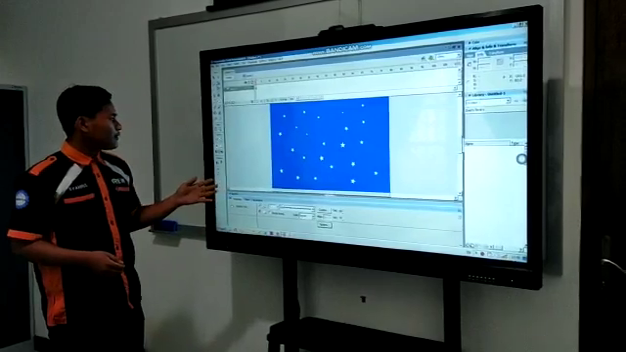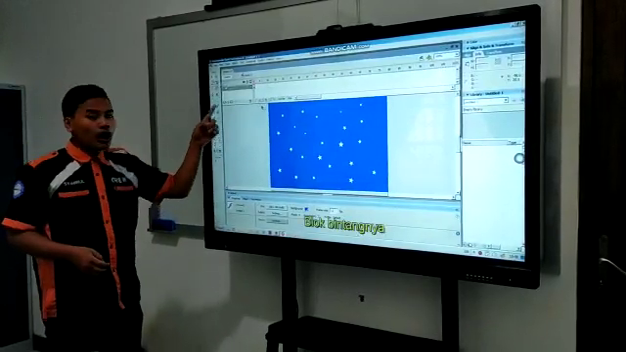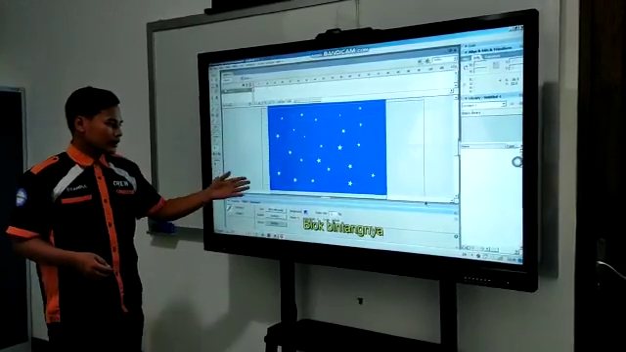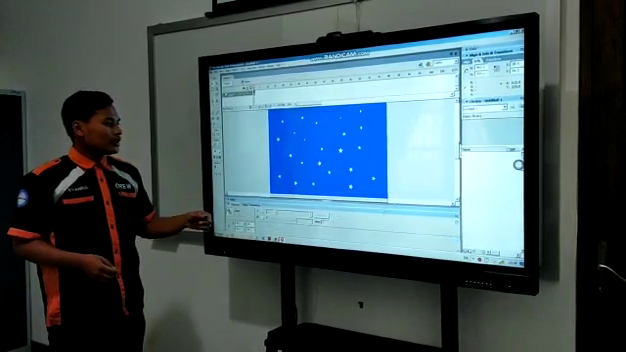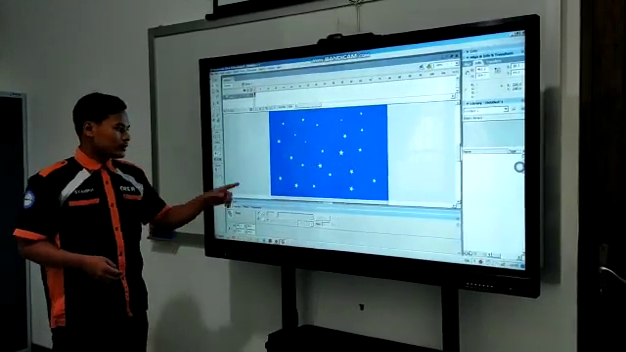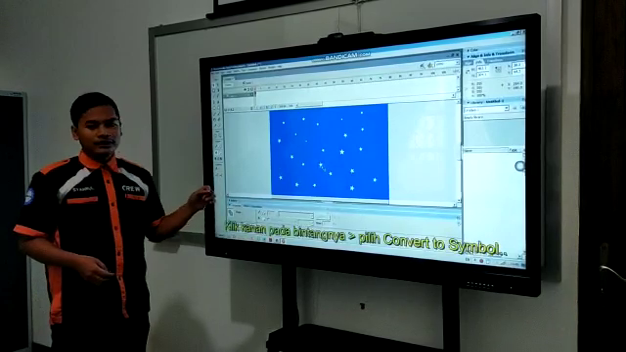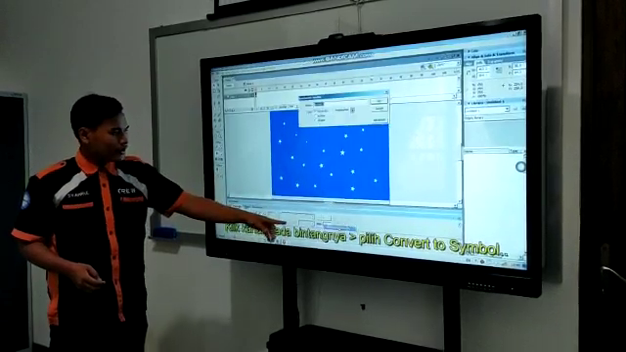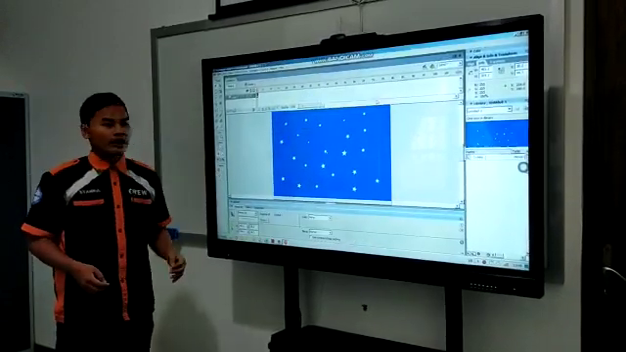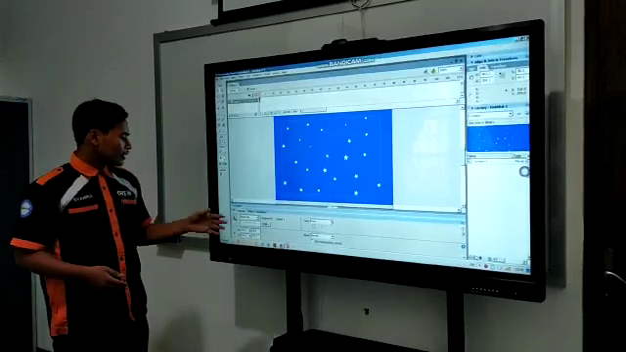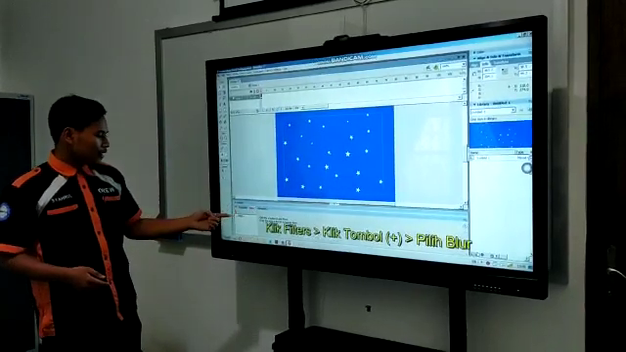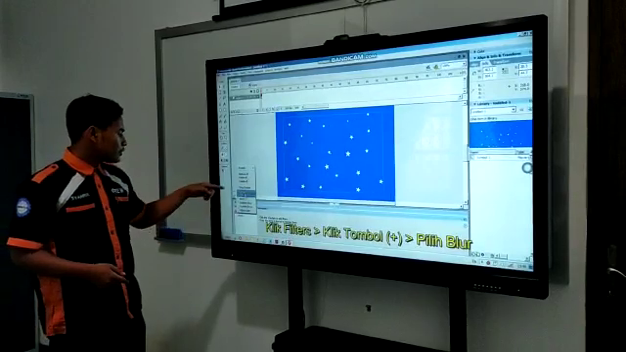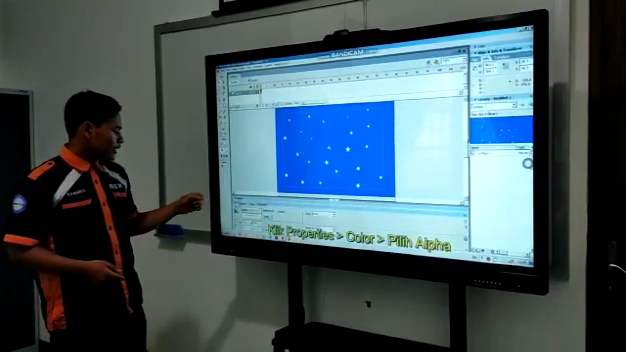After that, if you finish making a star, block all of the stars, just like this, block all of the stars, and then click one of the stars. Just click, and then choose convert to symbol, and then click OK. After that, click filters right here, and then click the plus button, and then choose blur right here, and then click